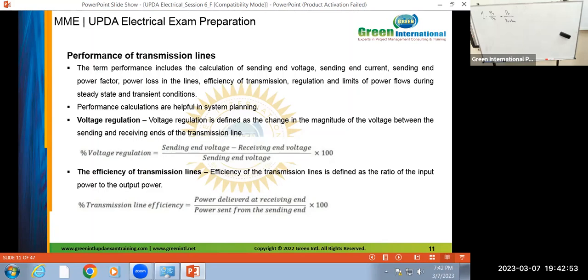Okay, we have losses. Losses means what? That is because we have 100 kilometers from one end to the other. So the losses refers